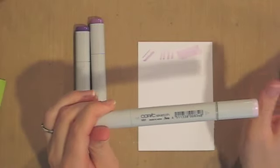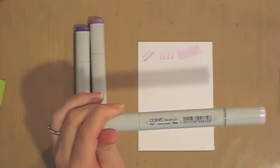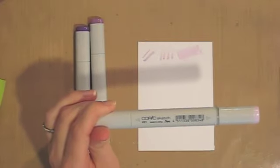And since it is alcohol and it's permanent, it works on a whole bunch of surfaces: paper, fabric, plastic. I think you can use it on leather. I haven't done really any of those crazy things,